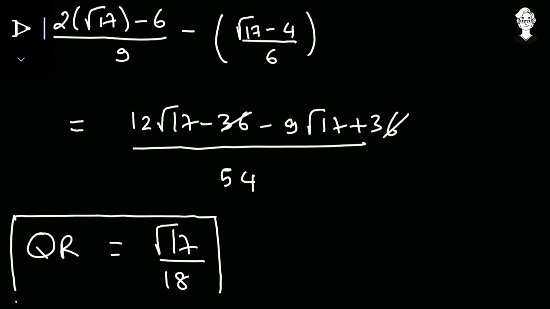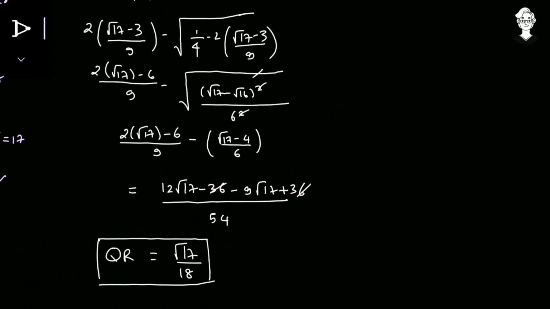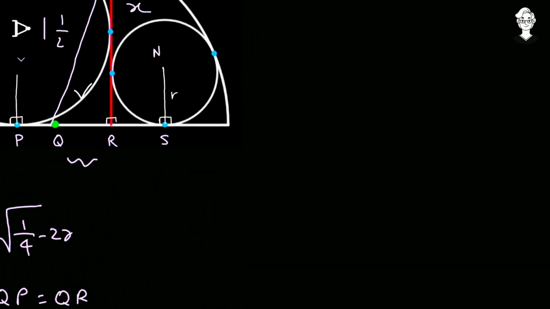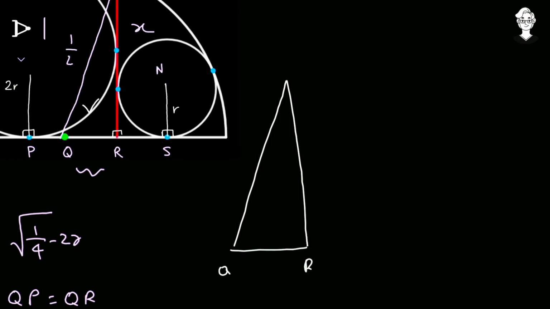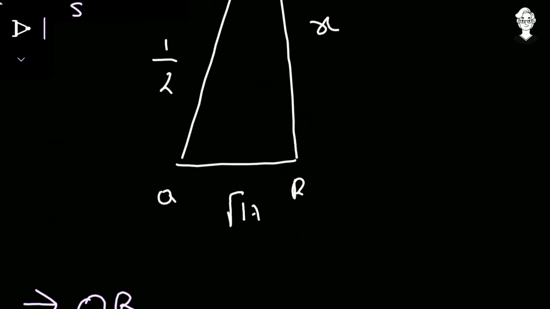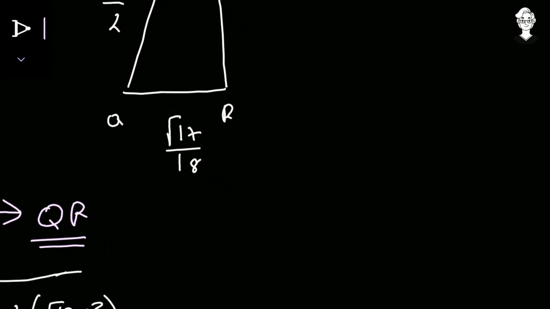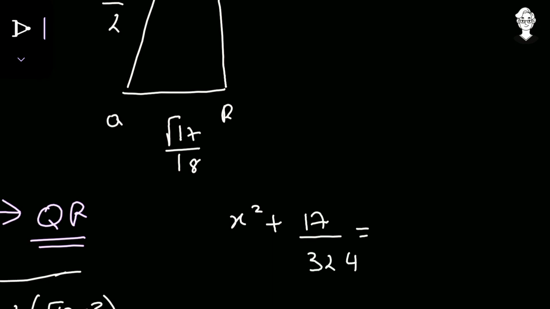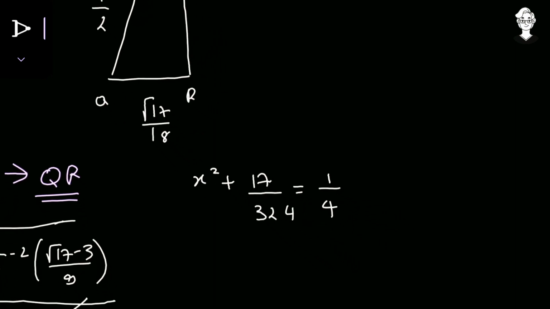As we were looking for a perfect real number for the base, we have got that. Now we can apply the Pythagoras theorem in that particular triangle. The right angle triangle is like that: it's Q, it's R, it's T. TR is x, QT is the radius, and that's 1 by 2. And the value of QR we have just found, square root of 17 upon 18. So by the Pythagoras theorem, x square plus square root of 17 upon 18 the whole square becomes 17 upon 18 square, that's 324, and that's equals to 1 upon 4, that's 1 by 2 the whole square.